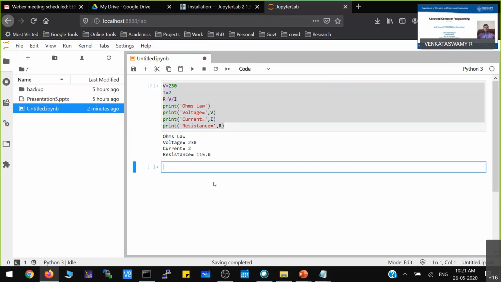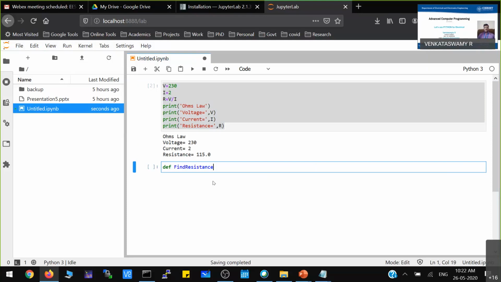To do that, you have to use something called def, D-E-F. That is the command you use to create a function. So I'm creating a function. The function name is, for example, find resistance.